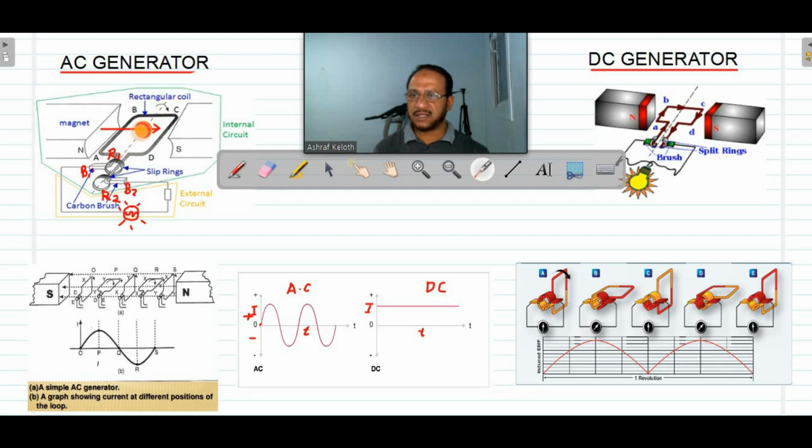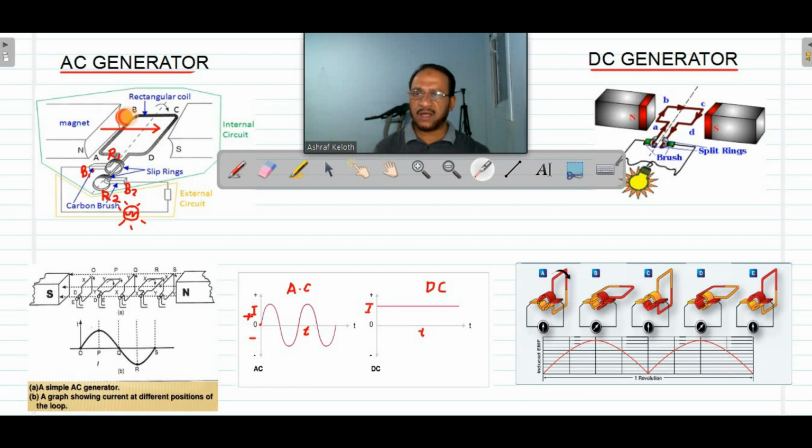An axle is connected through the inner side of the two rings. Through the two rings an axle is connected, and that axle is represented by this dotted line, and that axle can be rotated by using some mechanical energy. We can use the rotation of the tire of your bicycle if it is a bicycle dynamo. We can use the flow of water from a dam reservoir if it is a power generator. We can use the rotation of a turbine by steam pressure to rotate this. So when we rotate this axle, along with the axle this ABCD rectangular coil also will rotate in this direction. So we need mechanical energy to rotate this ABCD rectangular coil.